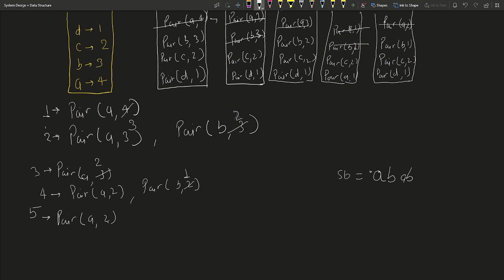It is not the same, so we are going to append A here, and we are going to update the frequency. So now how will the priority queue look? Now the priority queue will look like this: